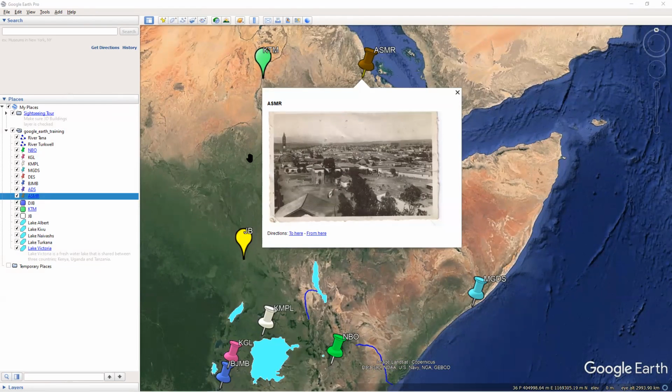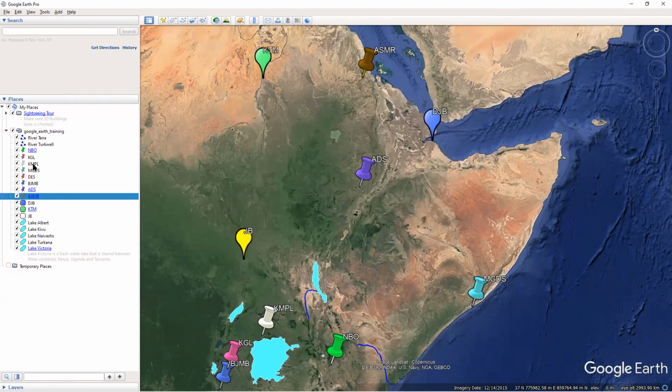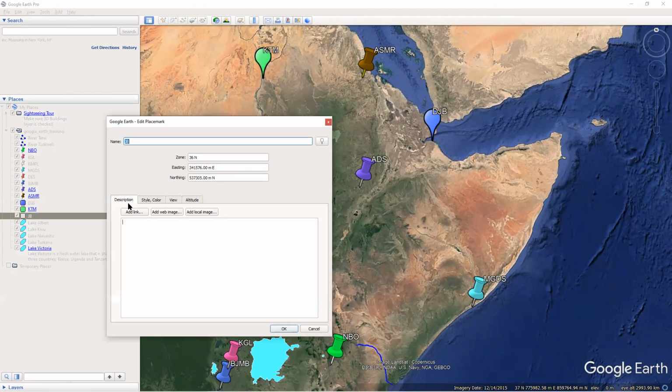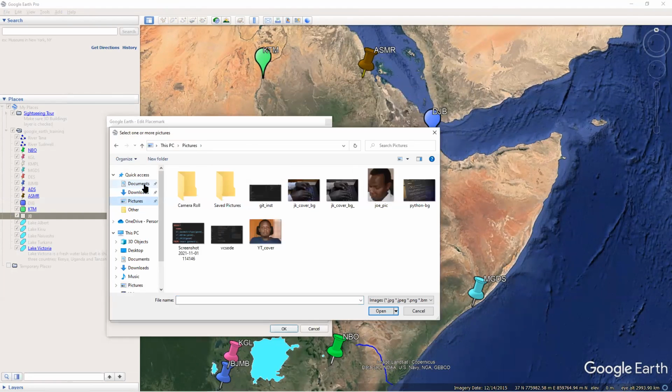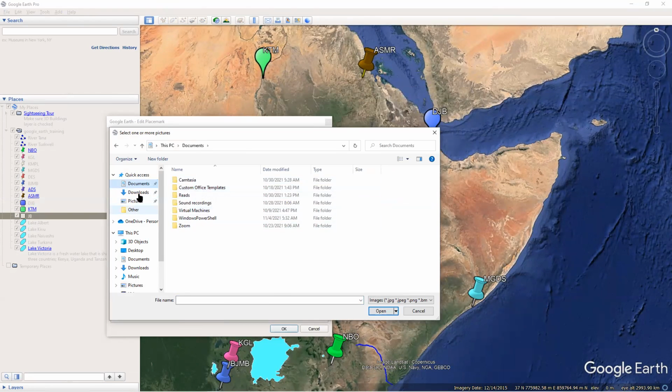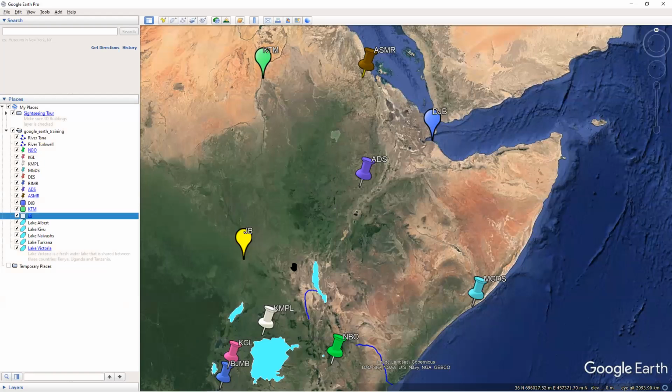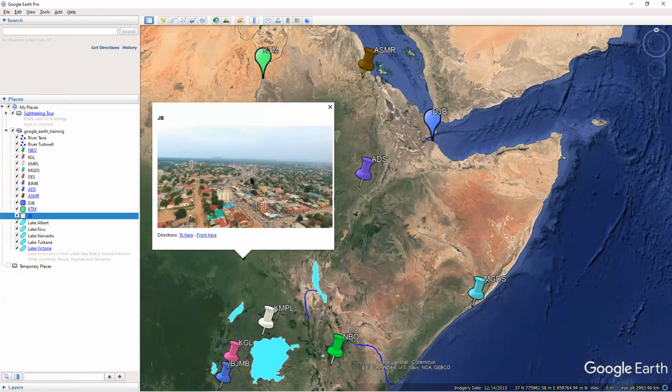Okay. Then the other one is Juba. So I'll identify Juba, which is this JB. Then I'll right click and click on properties, and under description, I'll click on add local image. So I'll navigate to my downloads, and then I will add Juba. And then the final one will be Bujumbura. So when I click on Juba, this on JB, it shows the image for Juba that we downloaded from the